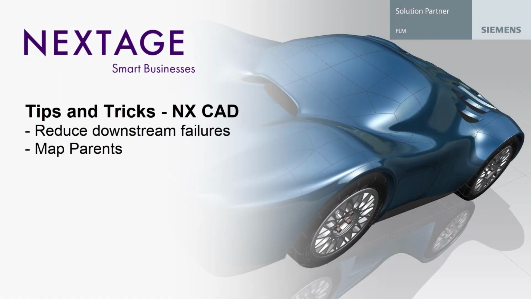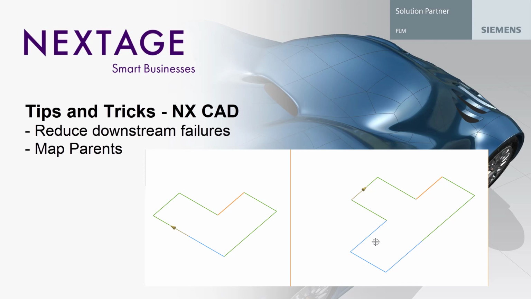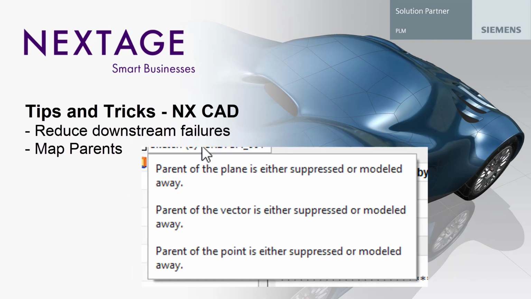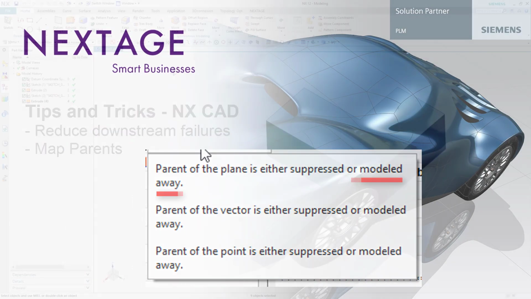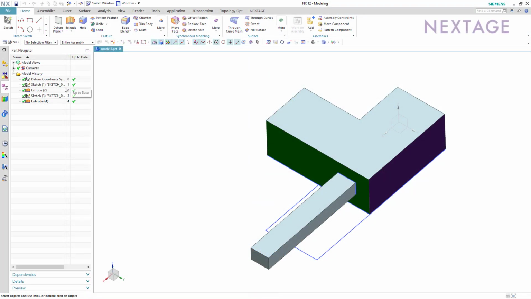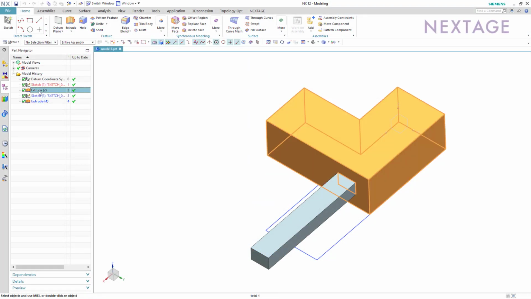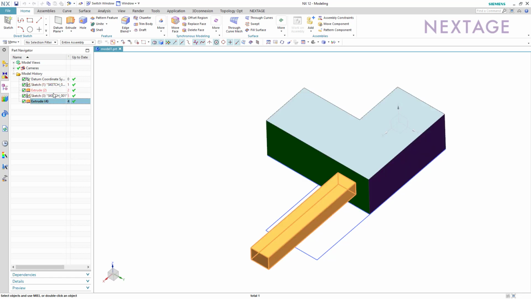My name is Johannes Liljenhjerte, and in this video I'll show you the functionality of mapping parents when you're changing a section in a feature that can cause problems in downstream features. To show exactly how this works, I've created an extrude and then another extrude that is dependent on the face